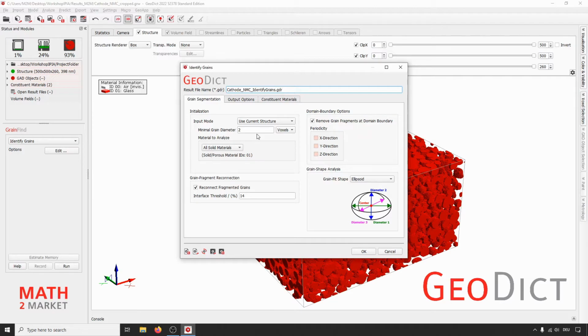And only if the results with the default value are not good and you have further information about the grain diameters in your structure, we recommend to change it. So just keep the default here. We also keep the option to reconnect fragmented grains here. And we will also keep the option to remove grain fragments at the domain boundary checked